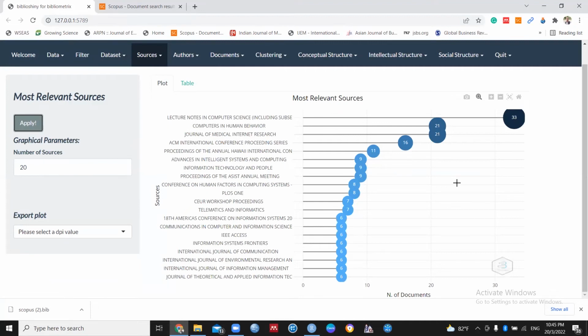The source is talking about the journals who publish papers in information sharing in social media. Okay, these are the main journals. You can also export this to your paper and explain in detail what the journals are and how many journals there are. You can see that this one, Lecture Notes in Computer Science, is the first journal, which has about 33 papers, the highest number of documents in information sharing in social